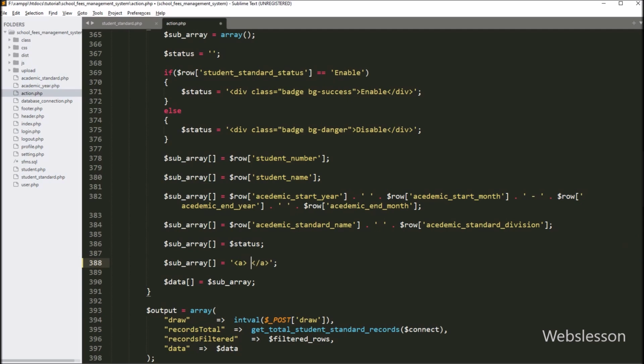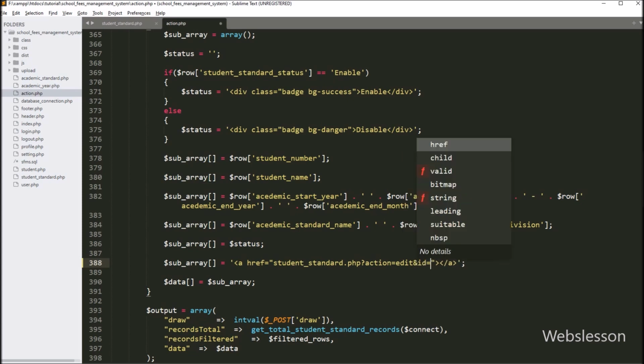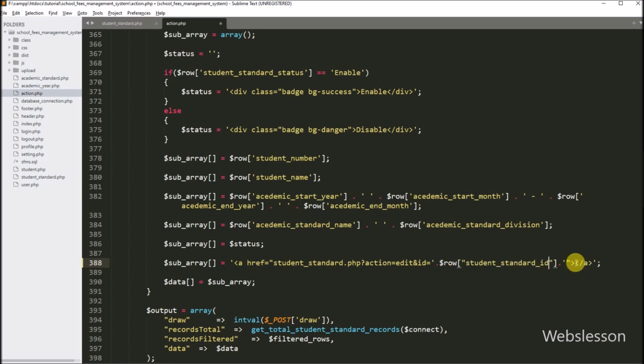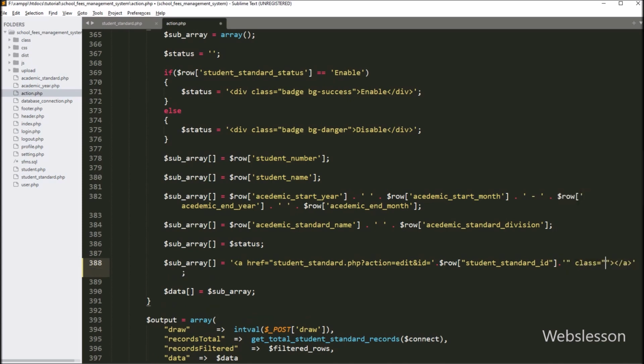In the href attribute, we have to write student standard.php file with a question mark, with the action variable equal to edit, and the id variable value equal to the dynamic value of the $row student standard id variable. And after this, in the anchor text, we have to write edit,